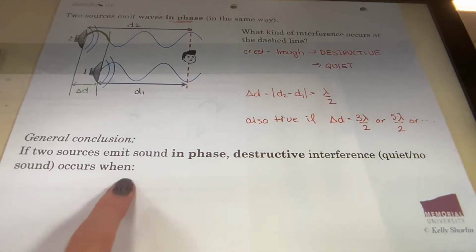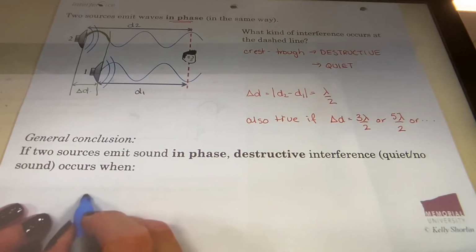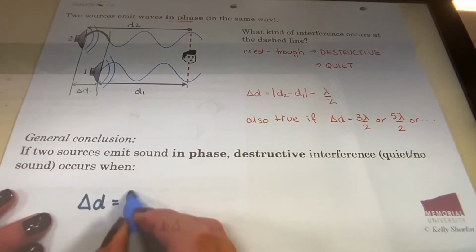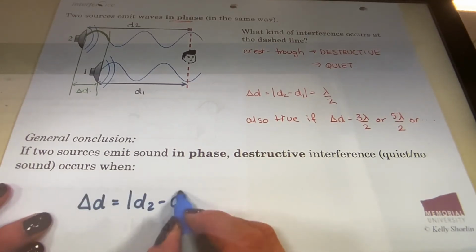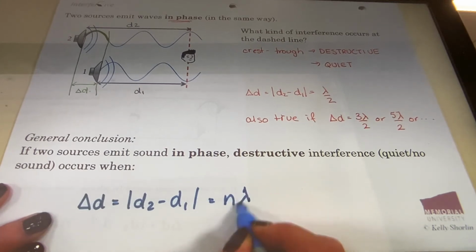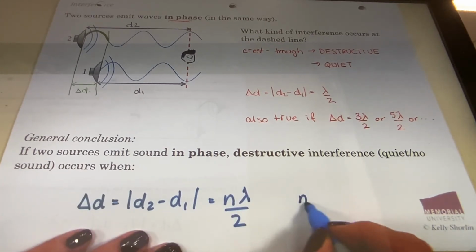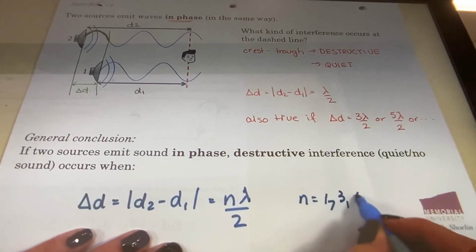So then our general conclusion, we've got our sound sources in phase. We get destructive interference when delta D, which is D2 minus D1, can't forget that bit, equals n lambda over 2, where n is 1, 3, 5,